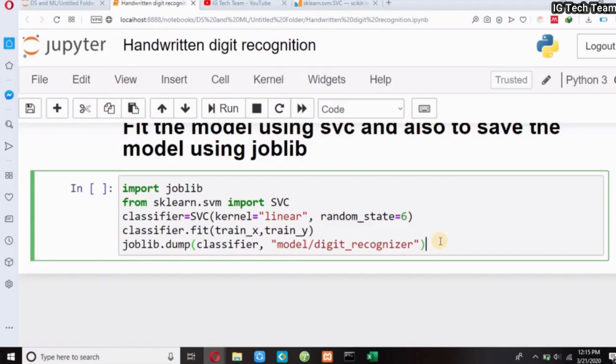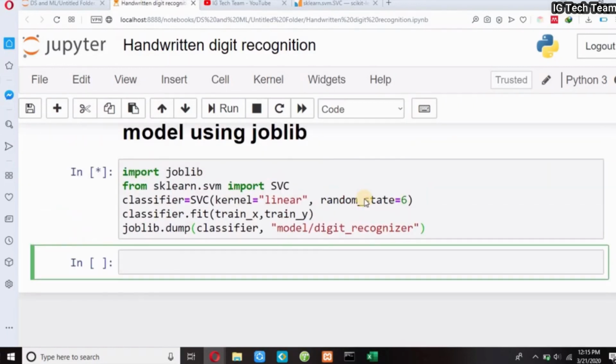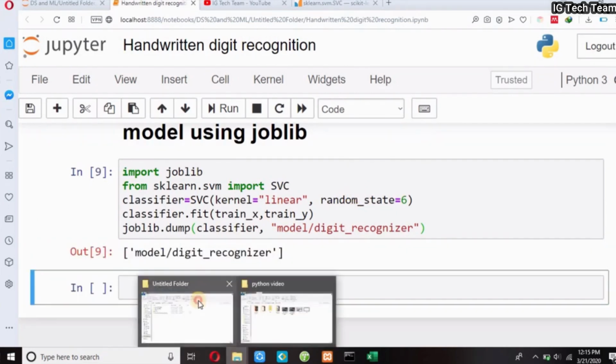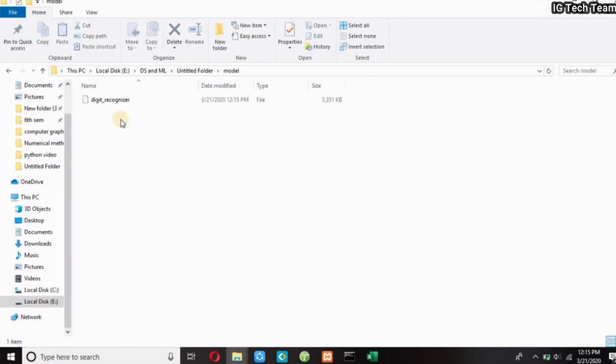Now let me execute this cell. Great. We have successfully created our model. Inside this model folder, I have one digit recognizer file. Next time, I don't need to create my model again. I can simply load my model and use it.